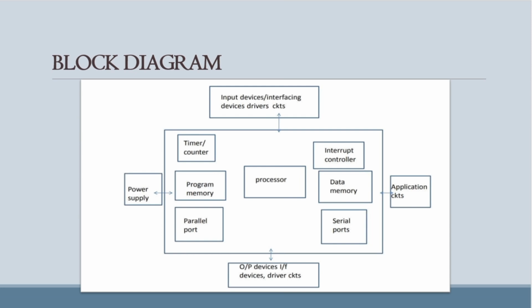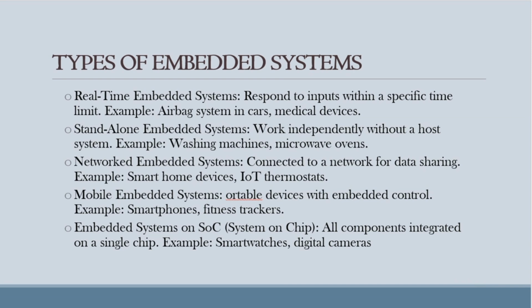And then the embedded systems come in different types depending on how they function. Some react instantly like airbags, while others work independently like microwave ovens. And we also have mobile and network systems and highly integrated SoC based ones found in wearables and smartphones. If we look more deeply into it, these are classified as real time embedded systems which respond to the inputs within a specific time limit, which are seen in airbag systems in cars and in medical devices,